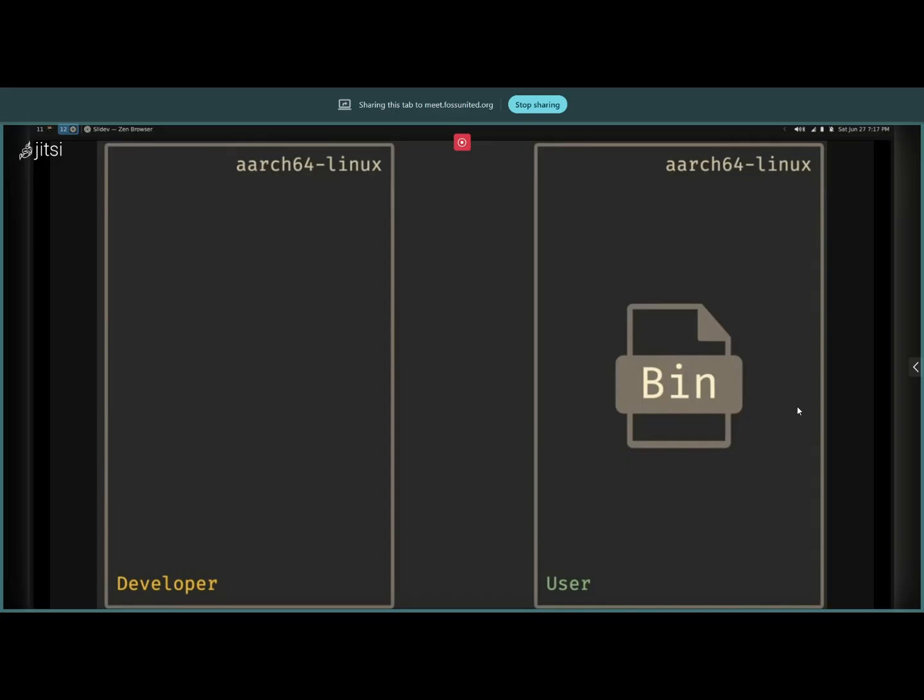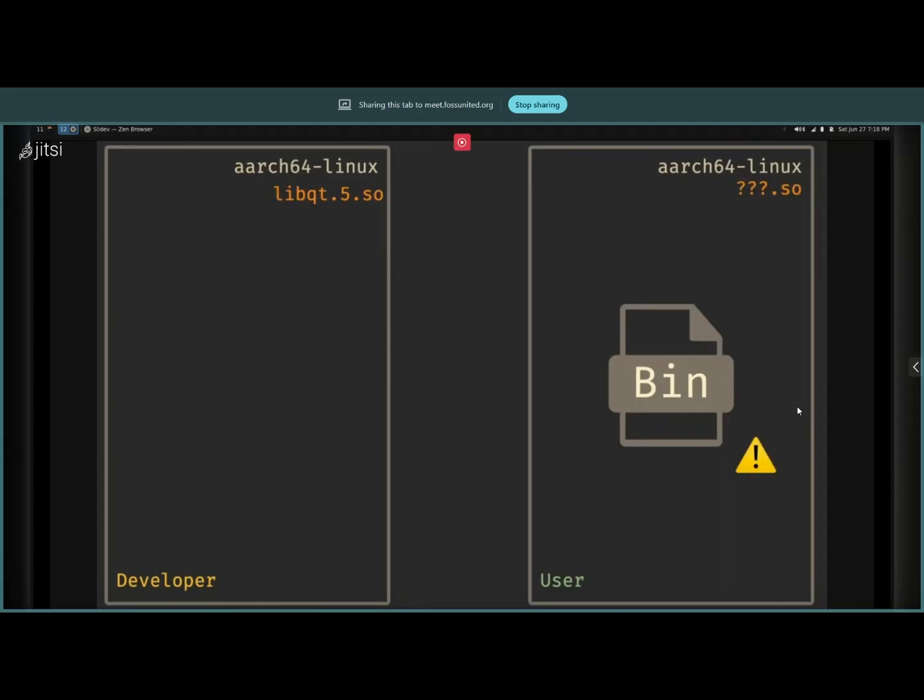If you are using Arch, you have the same thing. It's just that Arch has Arch repositories, and then you use Pacman to install it, and it does the same thing. AUR works a little bit differently, but it's somewhat the same story. But yeah, you basically do that. Now, this approach has a couple of issues.